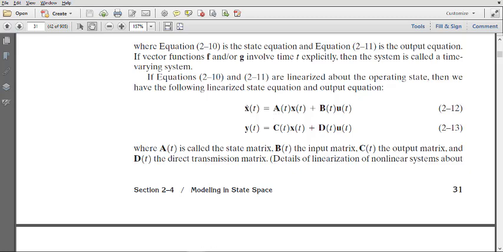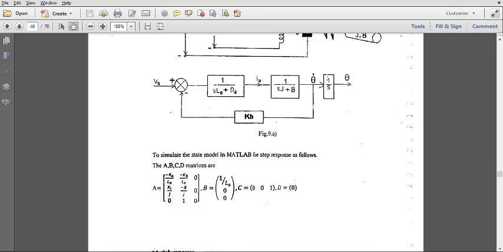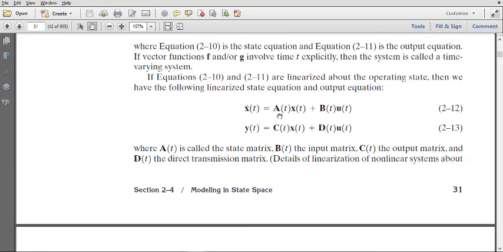A is the matrix shown here. B is also a matrix, X is a matrix, and U is the input, also in terms of a matrix. Y is a matrix given by C times X plus D times U. This formulation is called the state space method of representation of the closed loop system.